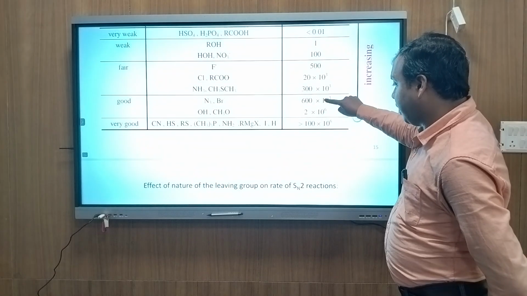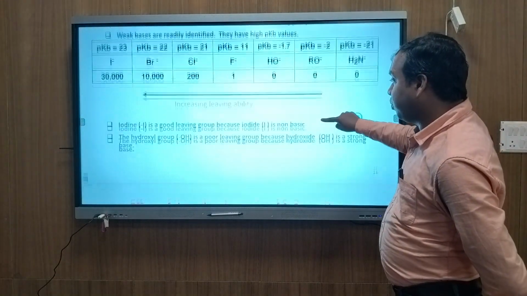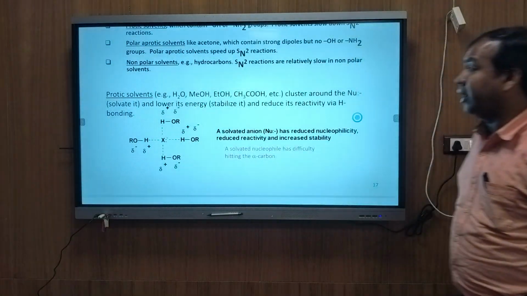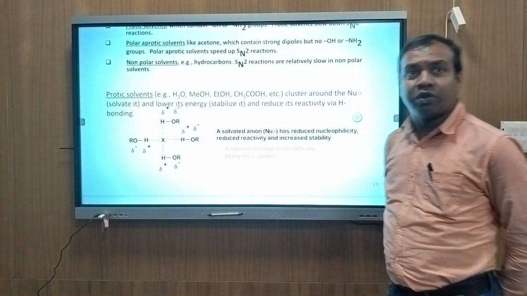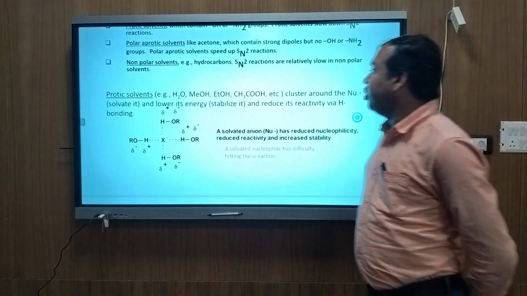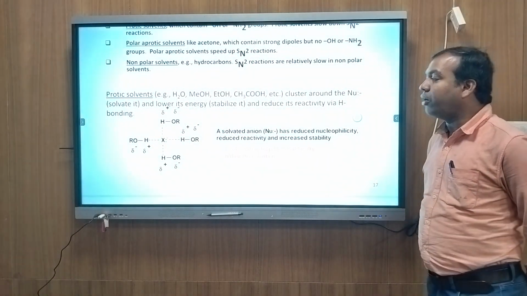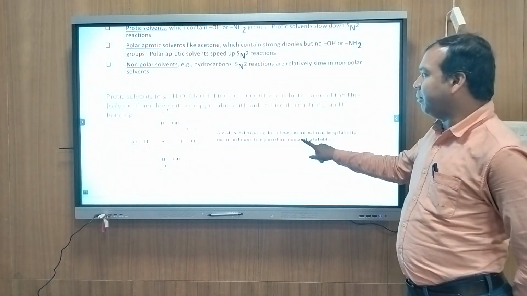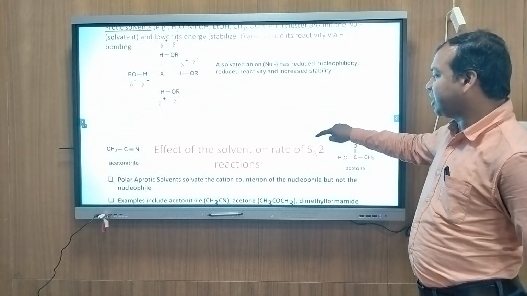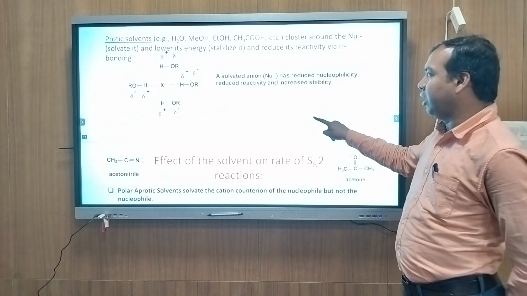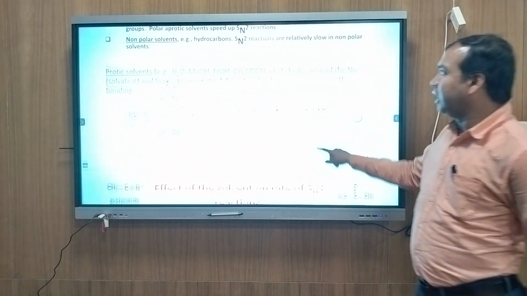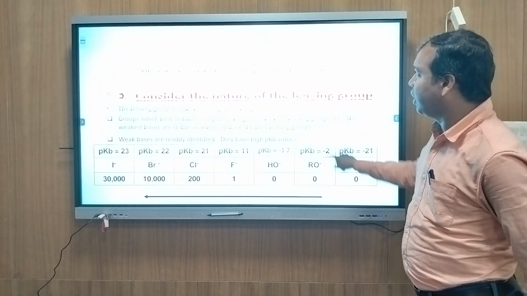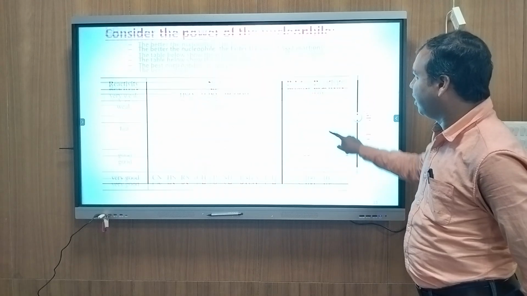So here the nucleophile attacks the hydrogen. If a polar protic solvent is used, there is hydrogen bonding, so nucleophilicity is reduced. For this reason, polar aprotic solvents like THF, DMSO, DMF are very important for our SN2 reaction. And some examples inhibit our